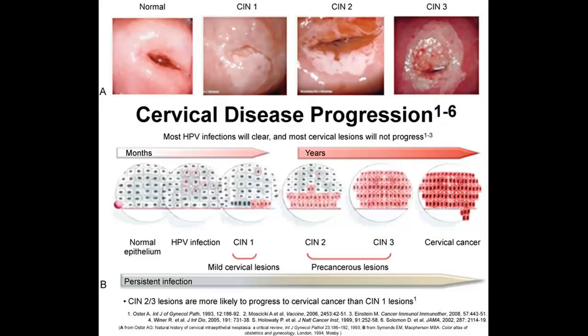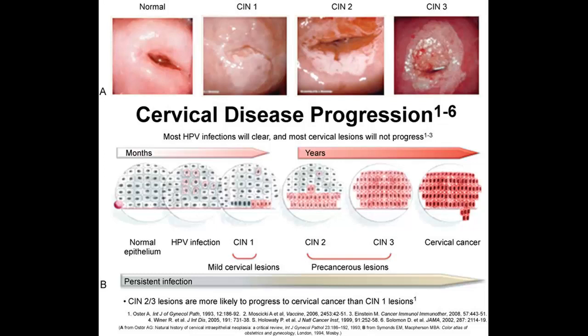This is showing some pictures here of cervical disease progression. We're moving from a normal cervix all the way through, and we're starting to see some really severe changes in the cervix as a result of these cancerous tissues being formed. So as you go from left to right down in the middle of the page there, it's talking about the normal epithelium, and then you start to see we're starting to get that HPV infection, which is causing some abnormal